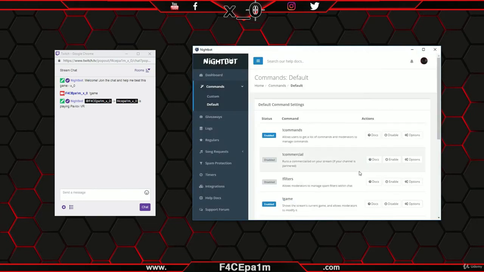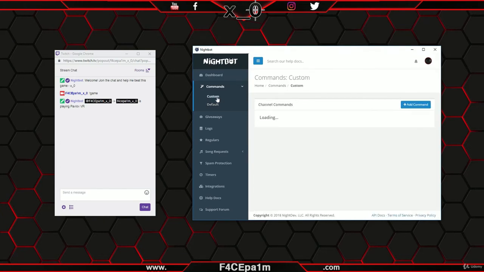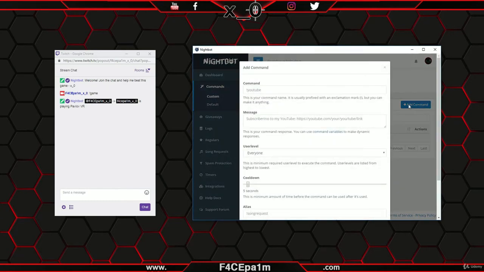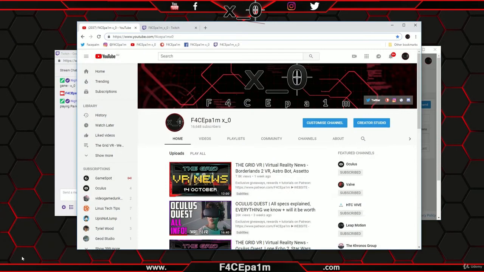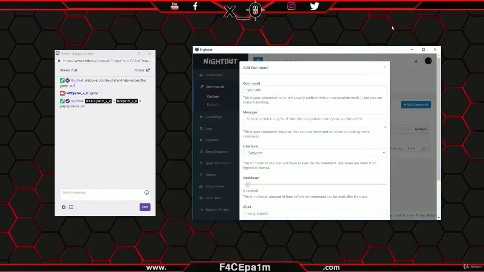Now, aside from these common default commands, you can also create custom commands from this Custom Commands tab by clicking Add a Command. Let's say you want to direct viewers to your YouTube channel. You can create the command !YouTube, then go over to your YouTube channel and copy the URL link for that page from the URL bar up here. Then back in the Nightbot app, you can paste that URL into this message box, along with a